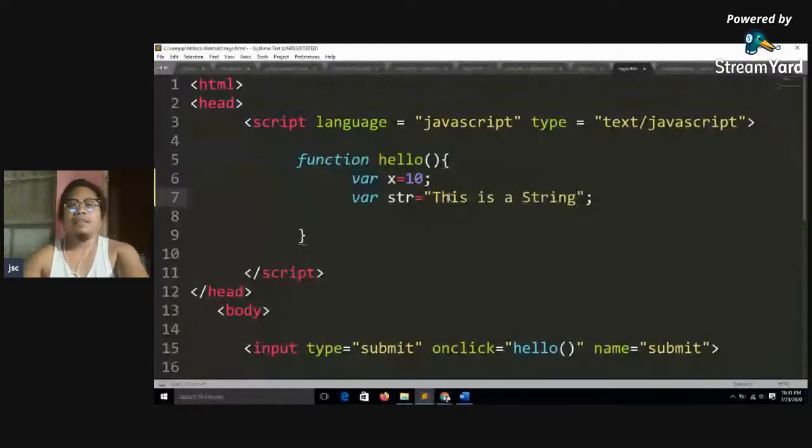Okay? Var string. So, ito na po yung container natin na variable. Ito na po yung variable. And then, ito po yung napasok natin na value dito sa str variable. And then,